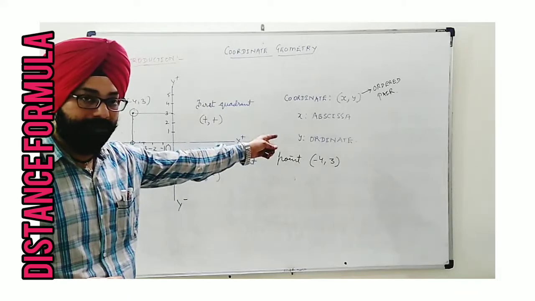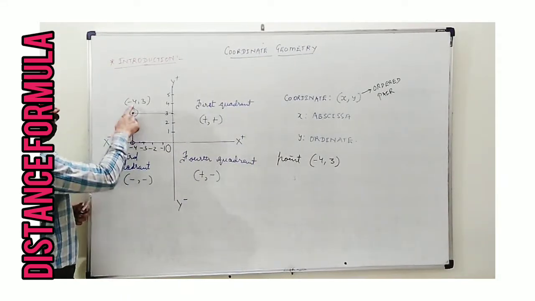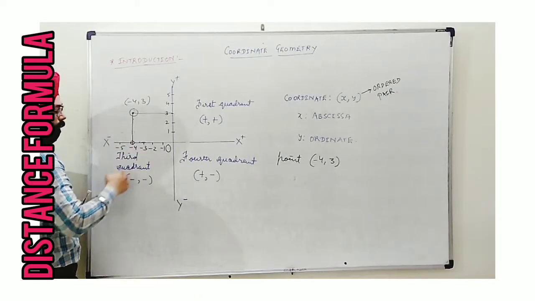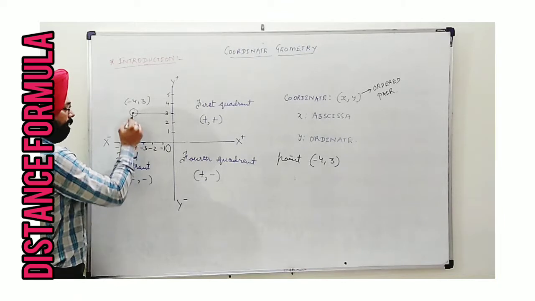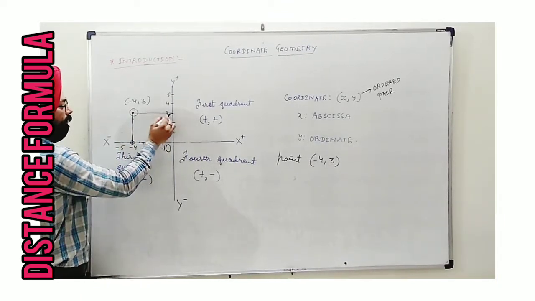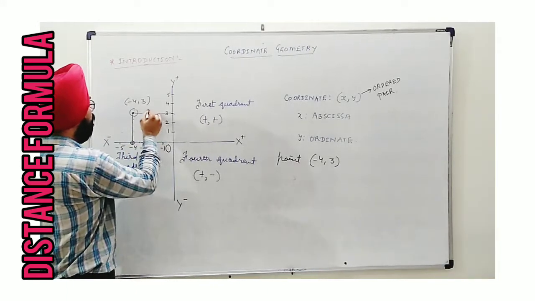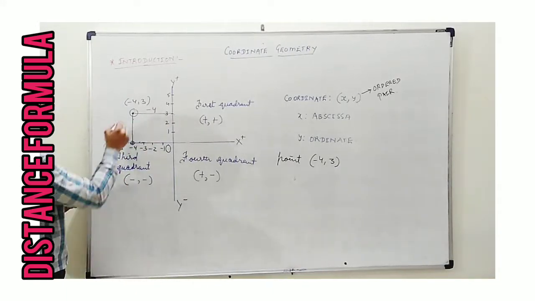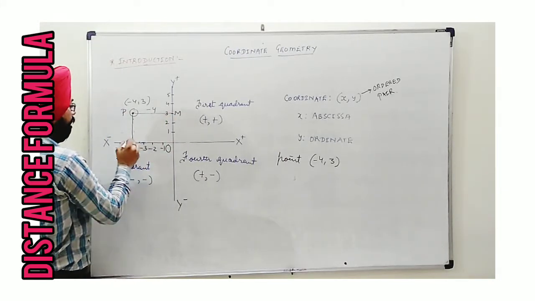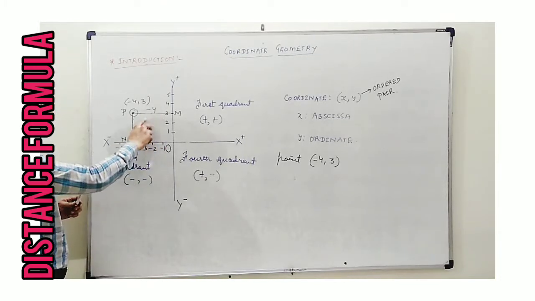I was explaining abscissa and ordinate. Abscissa, as you see, is the value of the point on the x-axis, you see -4. This -4 means this much distance is -4, and you can see we are forming a rectangle. So the distance -4 can be written here also. If the point is P, here I have considered this point as M, this point as N, then you can see ON is equal to PM. That's why it is -4.